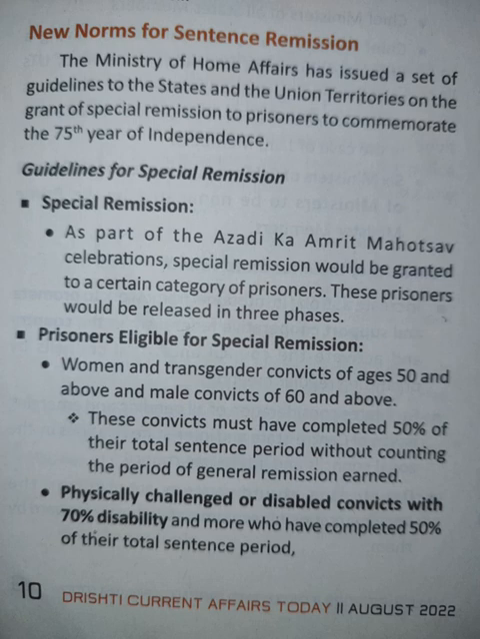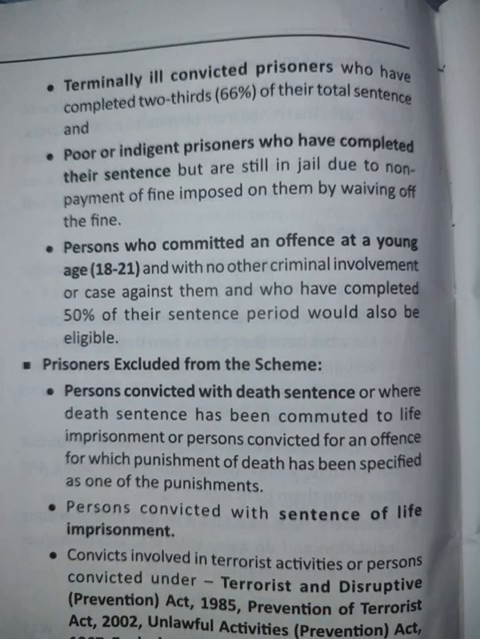Prisoners eligible for special remission: women and transgender convicts of age 50 and above and male convicts of 60 and above. These convicts must have completed 50% of their total sentence period, without counting the period of general remission earned. Physically challenged or disabled convicts with 70% disability or more who have completed 50% of their total sentence period. Terminally ill convicted prisoners who have completed 2/3, that is 66%, of their total sentence,